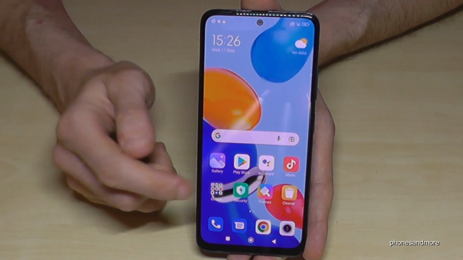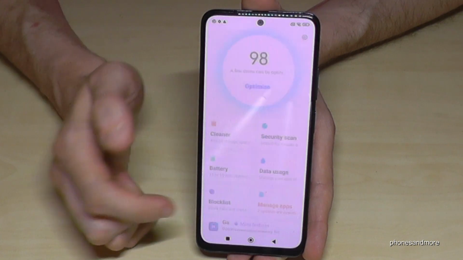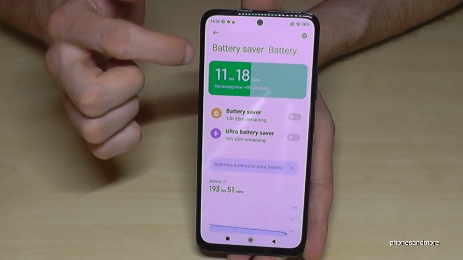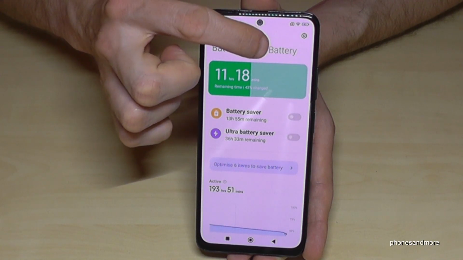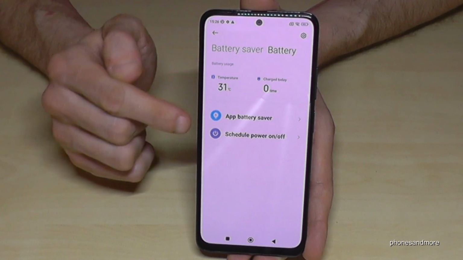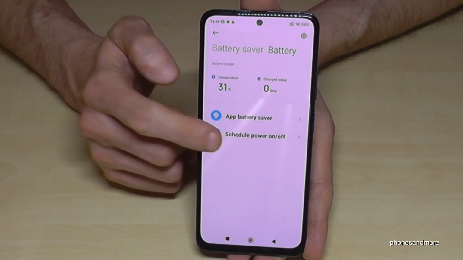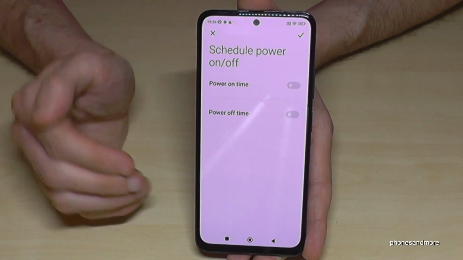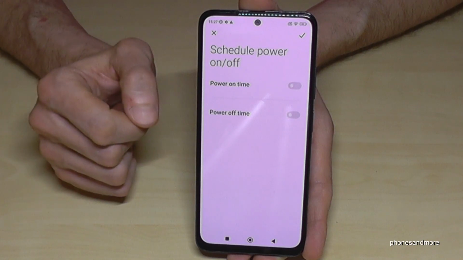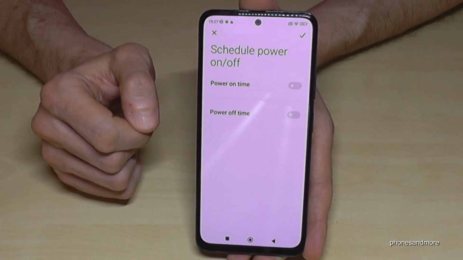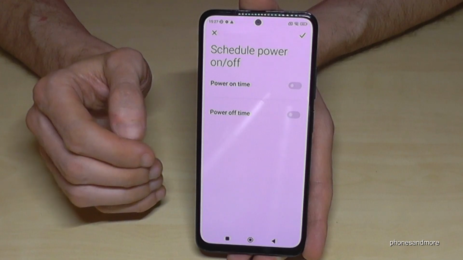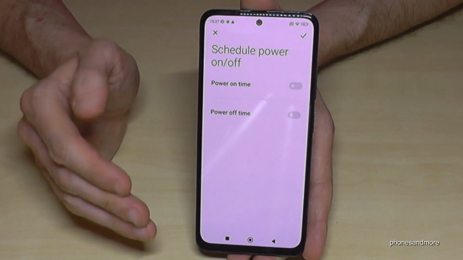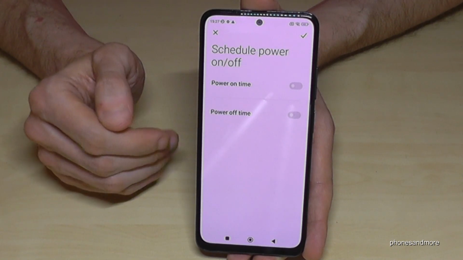And there's another cool tool here in the security app, at the battery. Let's enter again, go on battery. Then at the top we have the battery saver, which we have learned about already, and I would recommend you go now here on the battery, because we can schedule a power on and off time. And we are all sleeping usually at a certain time, and it's always the same time. And during this time we can power off our phone, and that saves energy, of course, and it also gives you less stress, because no one could